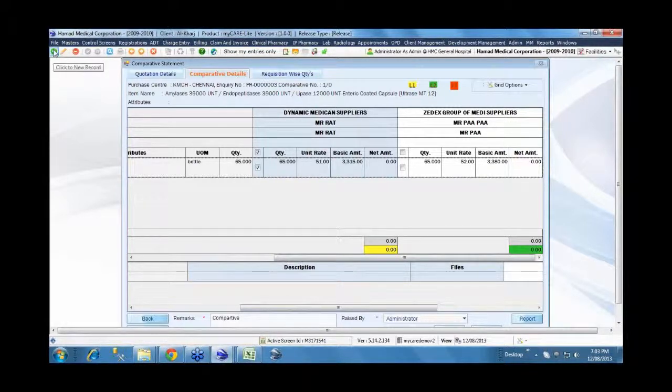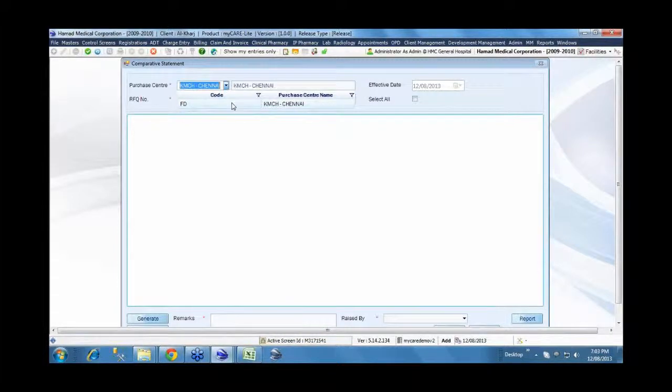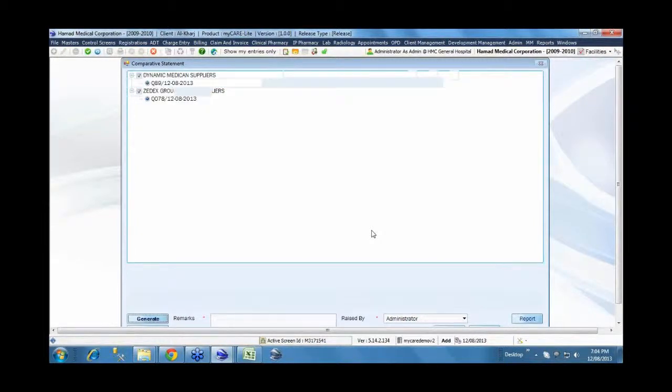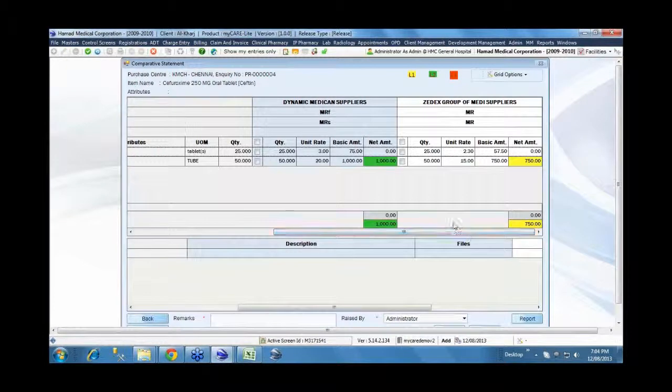And if you see here, it's more of an Excel. Usually most purchase departments, once they receive quotations, prepare an Excel sheet like this with the items and with the comparison provision for each. So similarly, here the system generates that sheet, like how it normally looks, within the system itself.